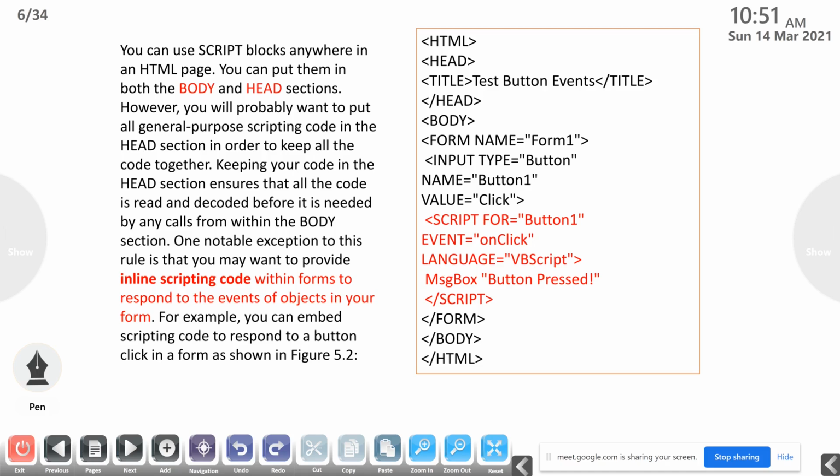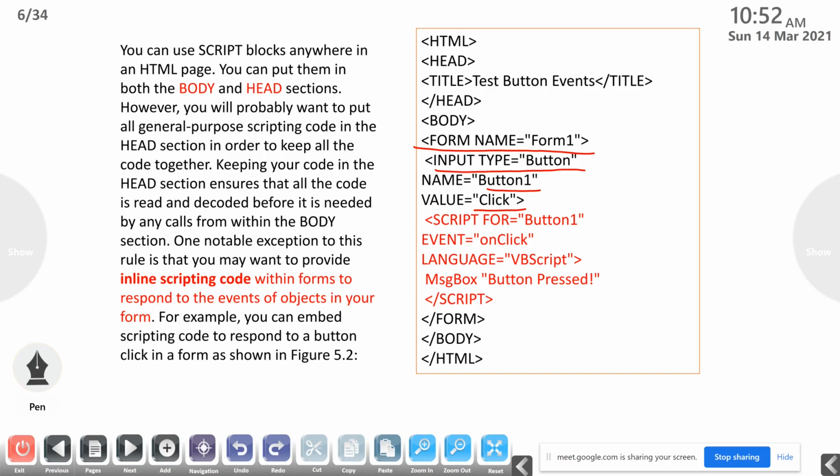So if you are using forms in our HTML page, we can use inline scripting codes. Inline scripting codes means we can use it along with the HTML code. This is one example on the right side. Here, form name equal to form1. Then we input a button, and the name of that button is button1, and the value displayed over the button is click.